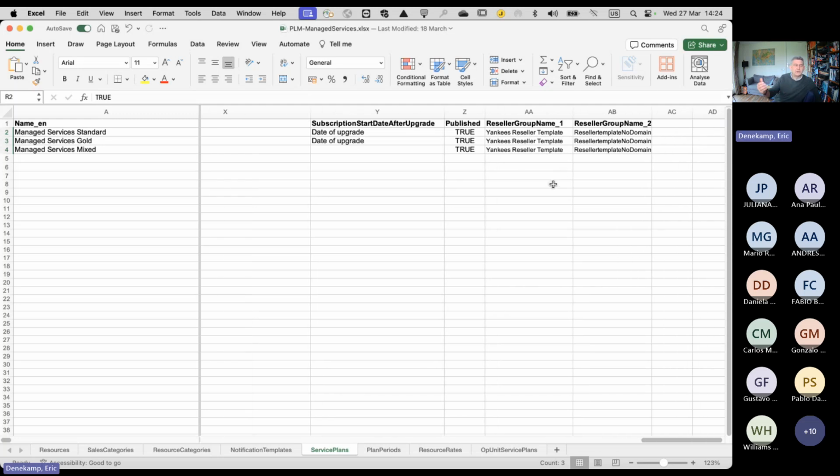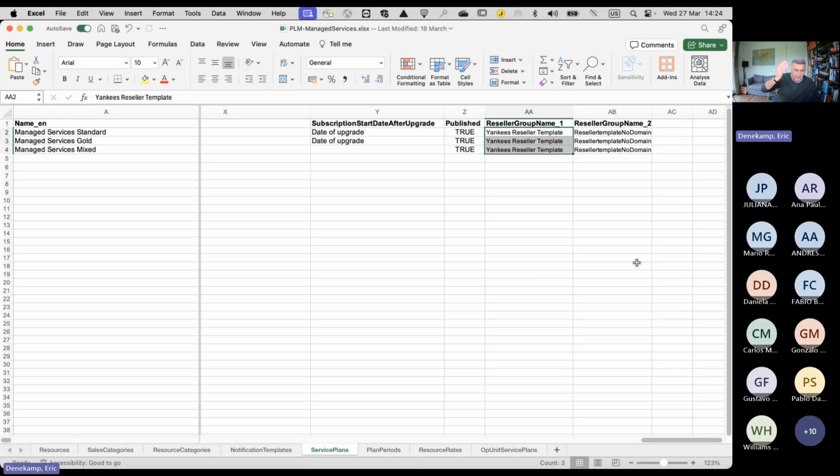And if we want to delegate this to our opcos or to our resellers, we do that through the reseller template that we have. And the reseller template, of course, is for that specific group of resellers that you want to delegate this to. And again, we can do as many as we want. You might want to do this to all resellers.